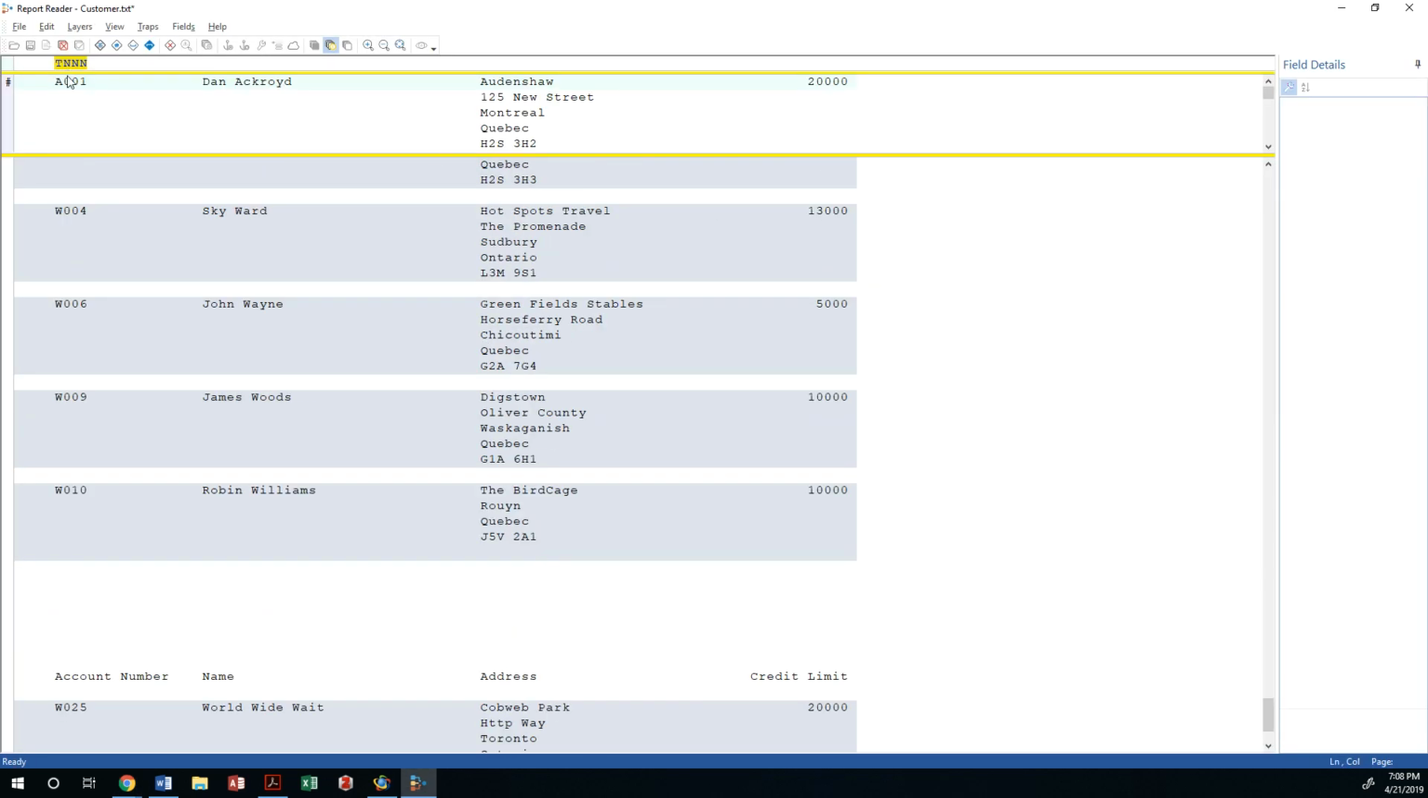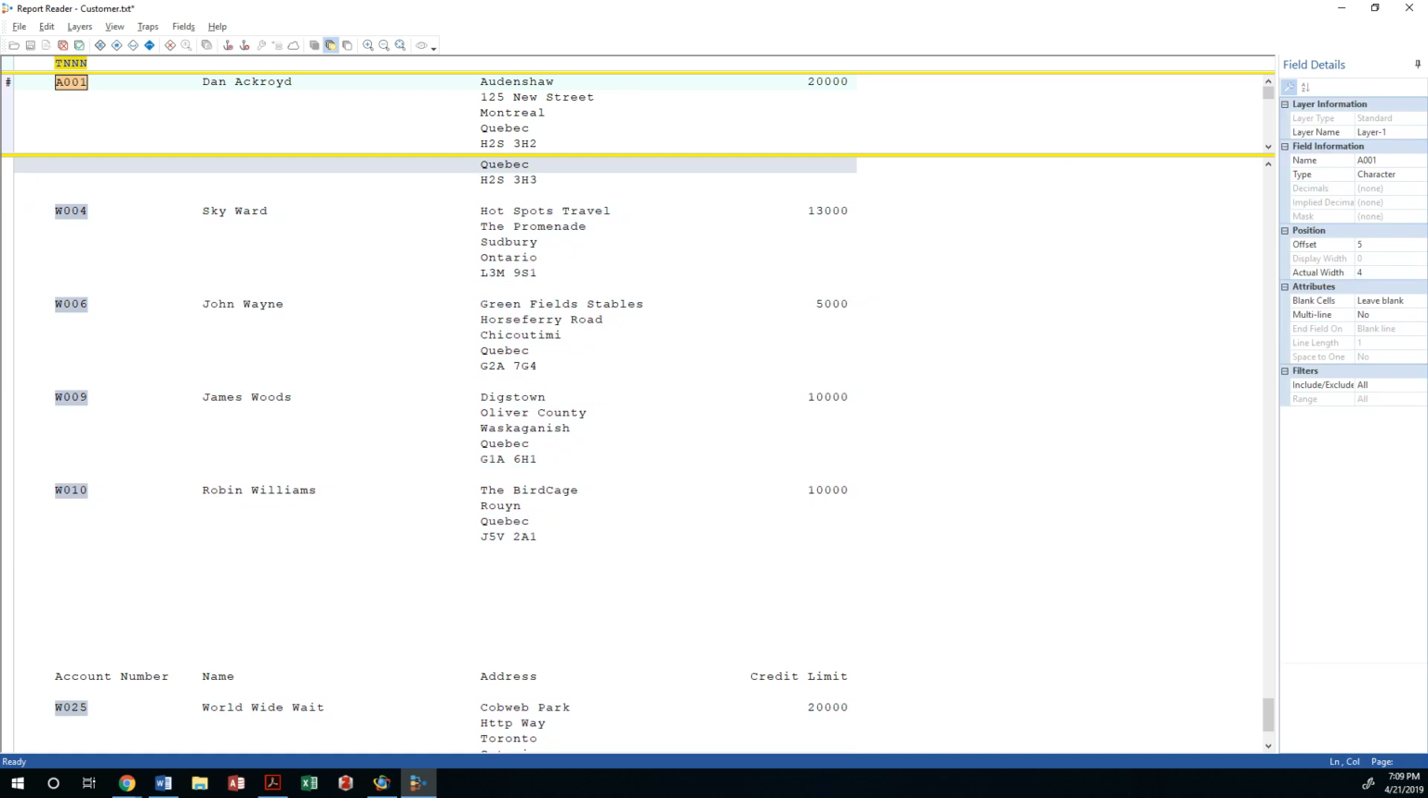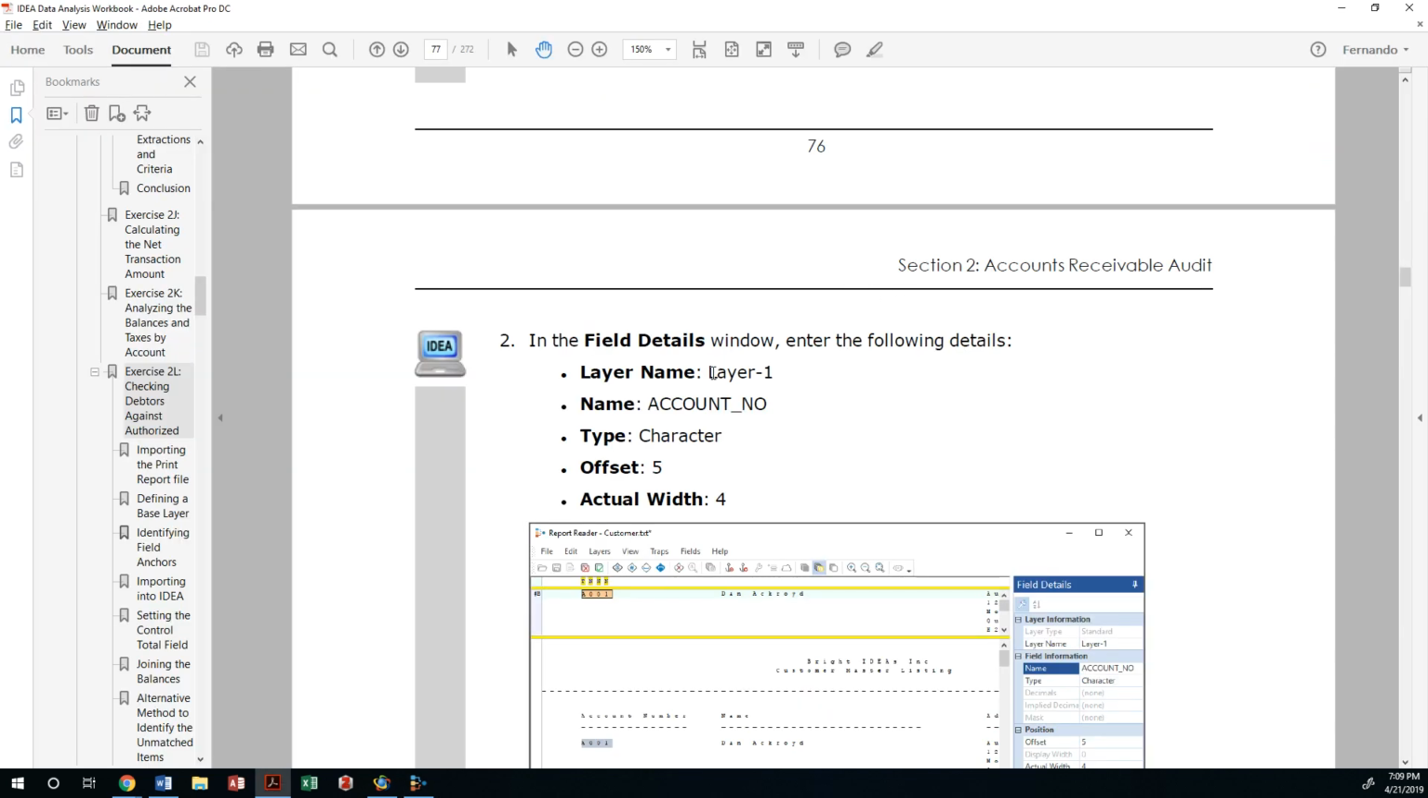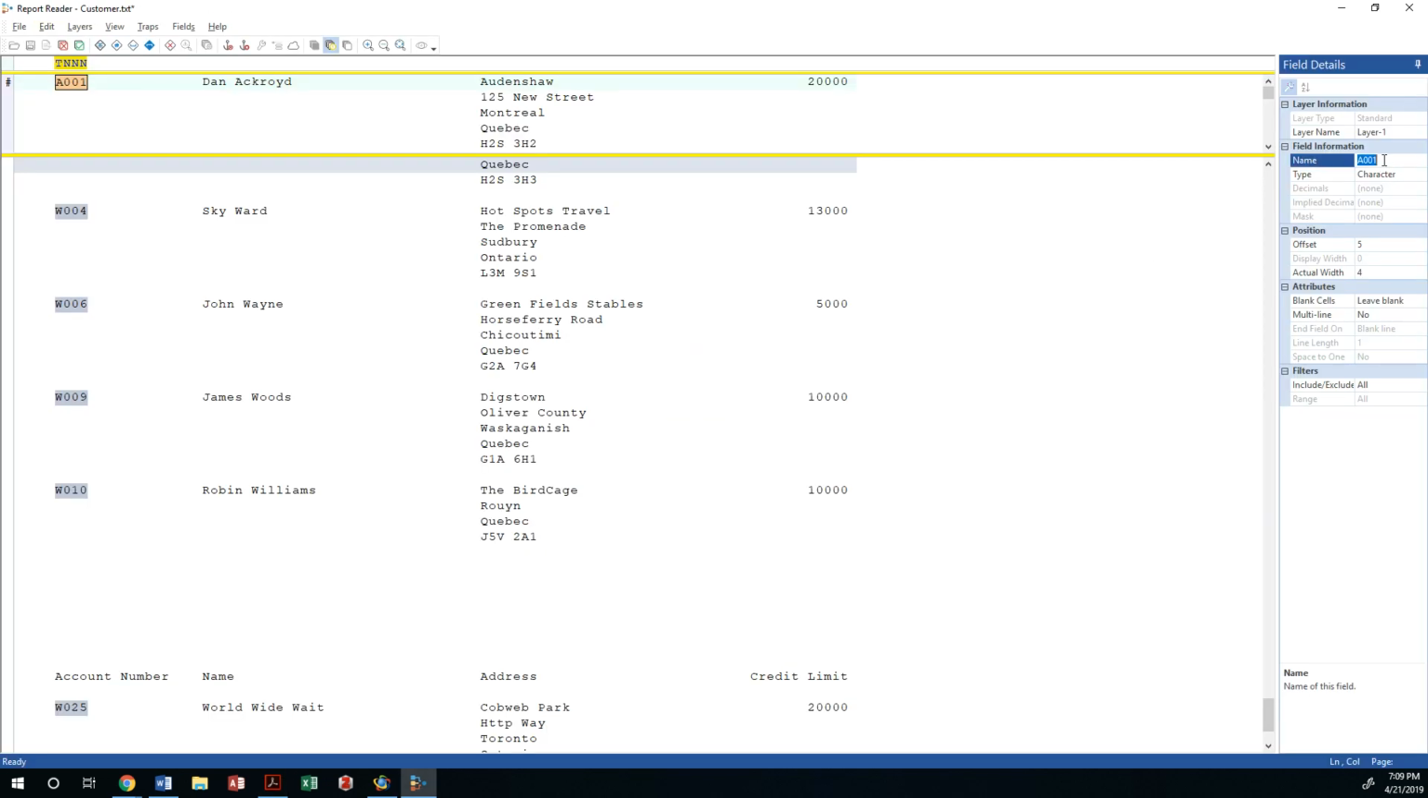So now we have to highlight the account number information. And by doing so, it's automatically going to try to create a field. In this case, the name that I'm supposed to use would be account number. So the name of the field will be account number. And it's saying that it will start at character space number 5, and it will be